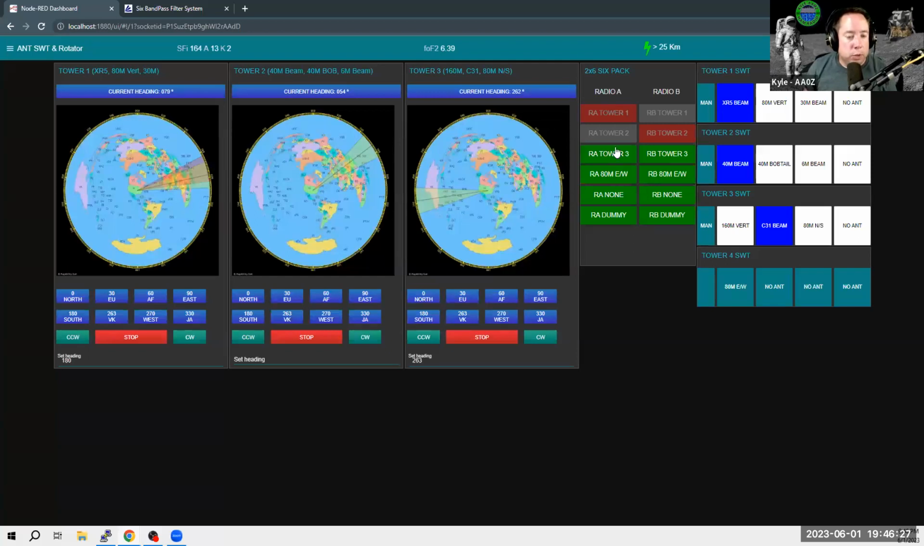And here I can switch towers. So we are having a little trouble with this 6-pack. We think that there's a thermo fuse that is going bad, and we need to take the thermo fuse out. But these tower switches here, on tower 1, we've got the XR5 beam, which is a